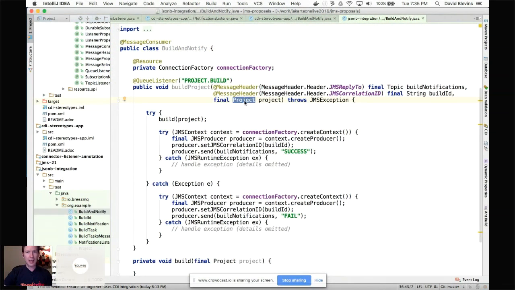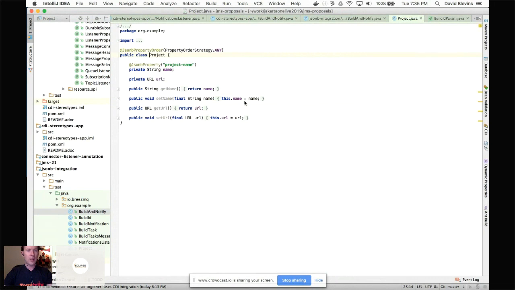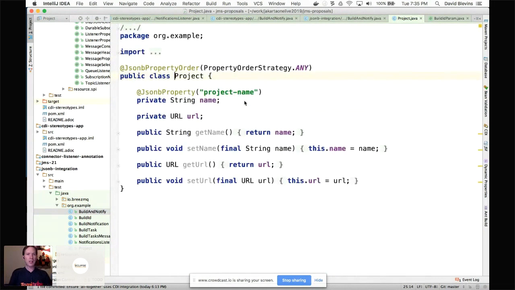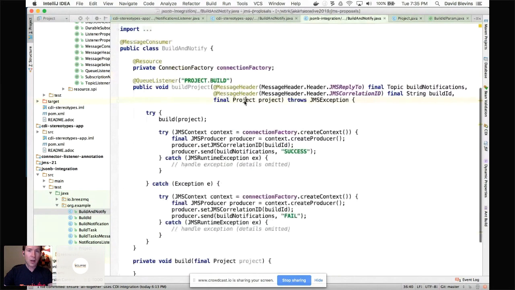Now we have project as a parameter. If we take a look at it, it's got JSON-B property order on it. It's got JSON-B properties. And so we're going to assume that the message that we get is a text message and that it can be marshaled from JSON into this. And then basically the JMS connector that drives all this would figure it out, just like JAX-B does, just like JAX-RS does. One of the tricks to making this work, which was something we need to solve, is HTTP has